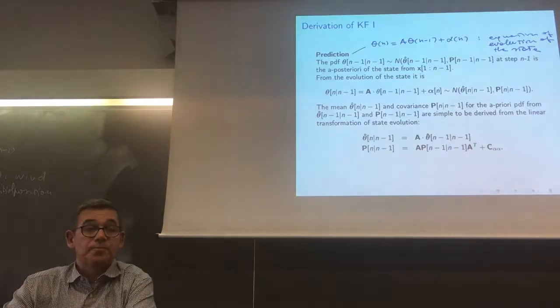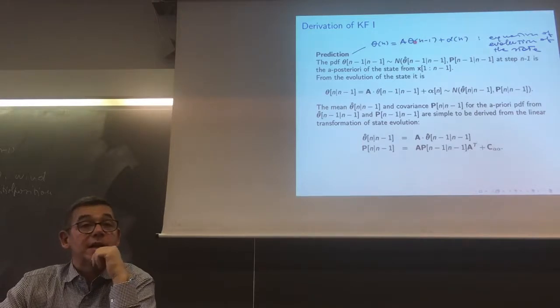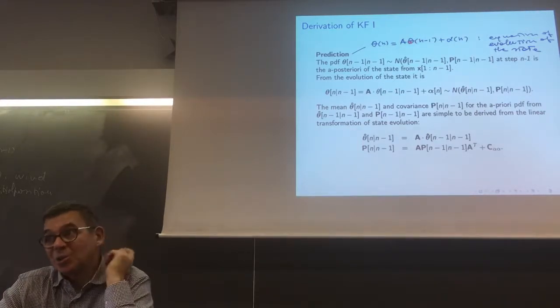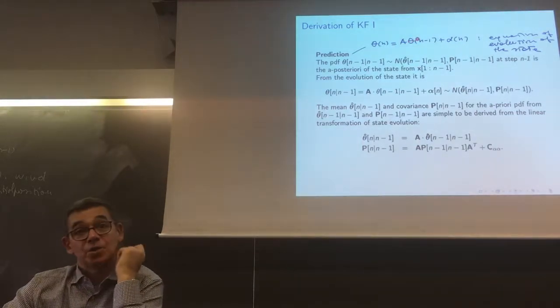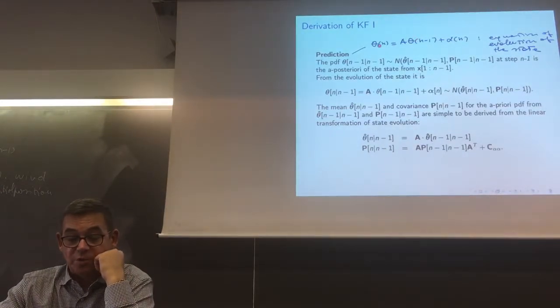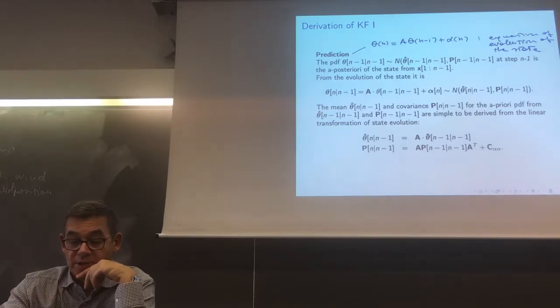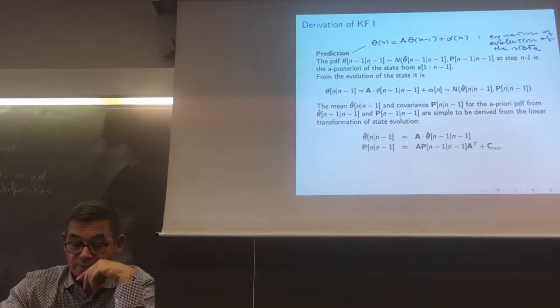I'm using that. So now, in my equation, do I know theta n minus 1? Actually, I don't know theta n minus 1. I know its distribution. So, I can obtain the distribution of theta n, knowing the distribution of theta n minus 1 and the distribution of alpha. So, in this equation, I know what is known